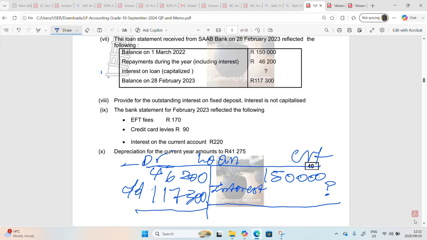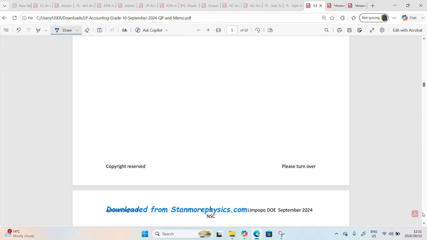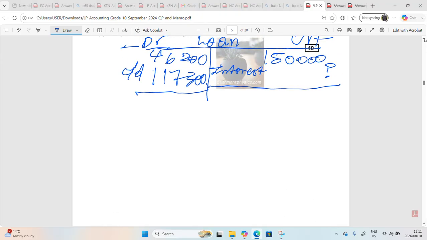So here's what we need to do now. The amounts you have on the debit side, guys, I trust that you are also writing. So 46,200 plus 117,300, and then we are closing it off, 163,500, close off as well